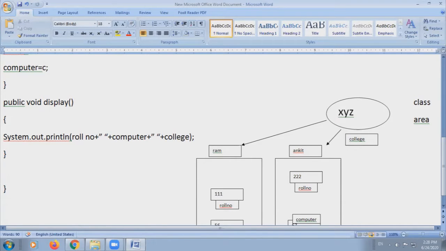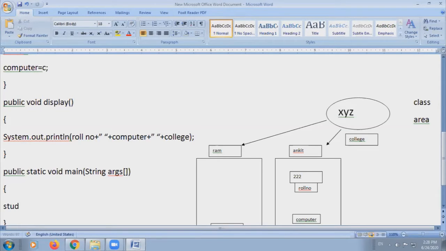Now, as you know, we can create multiple objects of a single class. So let us start creating the objects. Suppose I have made the main function, and inside that I will create two objects of the class Student.